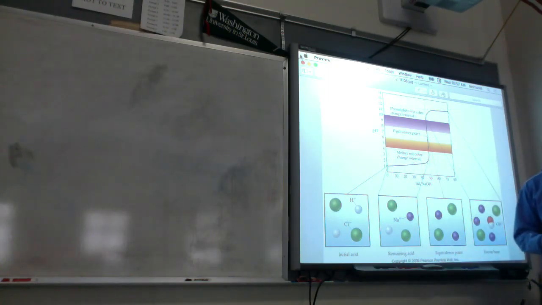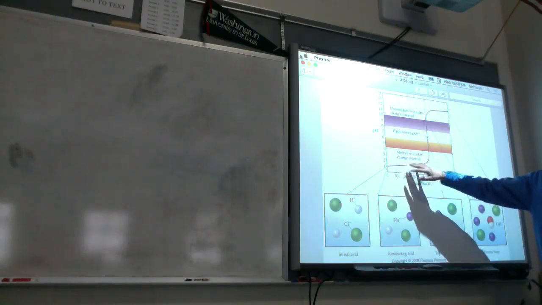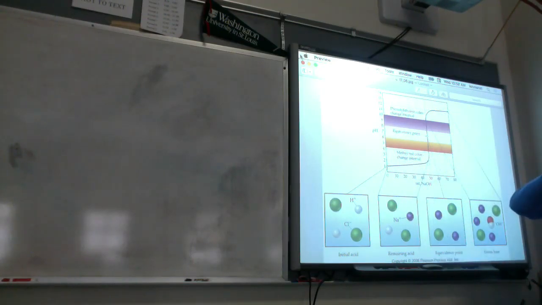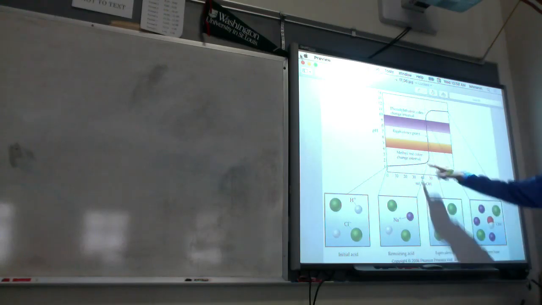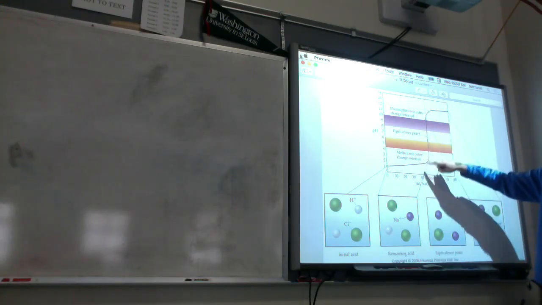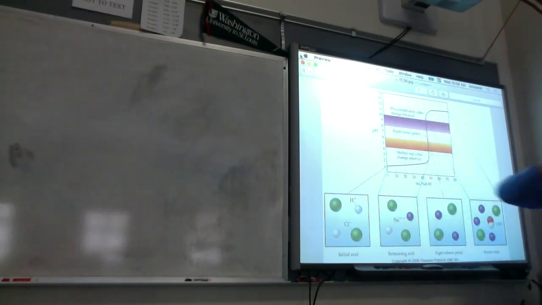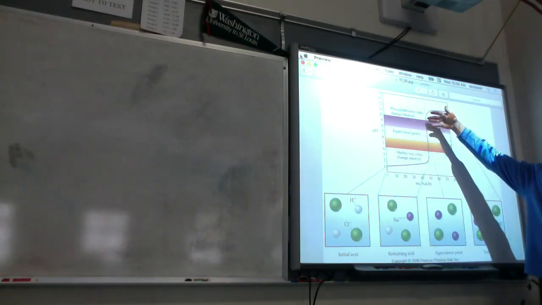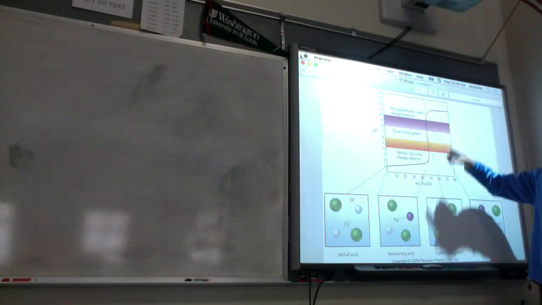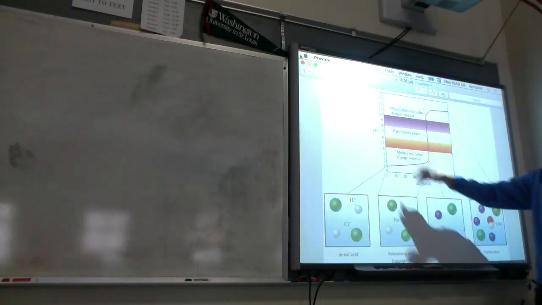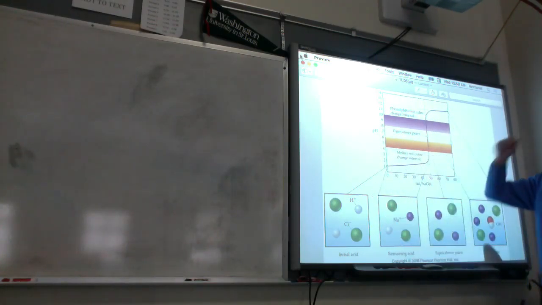Here's another term that we're going to see. I don't want to cover buffering region yet. It's the last term in that list, inflection. That's what we're going to call this really rapid change in pH. It's called the inflection region. I don't know if you guys have heard that term when you have looked at graphs before or not. You guys use that? Okay. So the inflection region here is when we get a really rapid change in the pH. Okay? And so what will happen is when you have a strong acid versus strong base